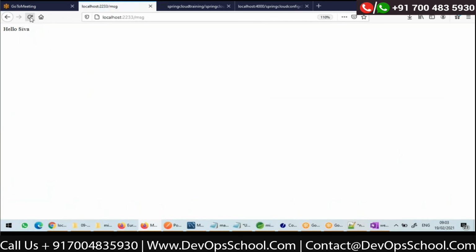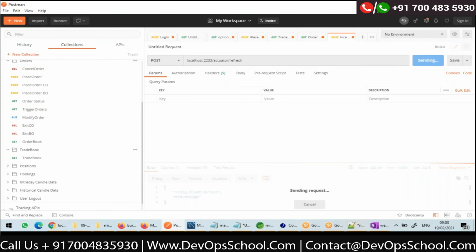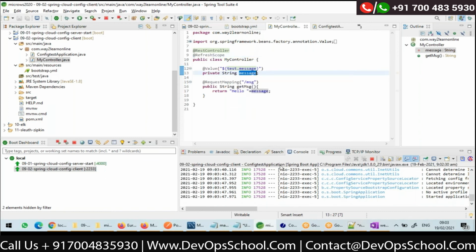No. Once I change my configurations, I need to hit the refresh endpoint. Then properties will be reloaded. And now any bean annotated with refresh scope also will be recreated. So this will be recreated and a new value also will get injected.